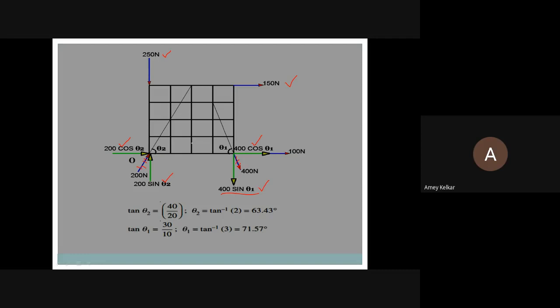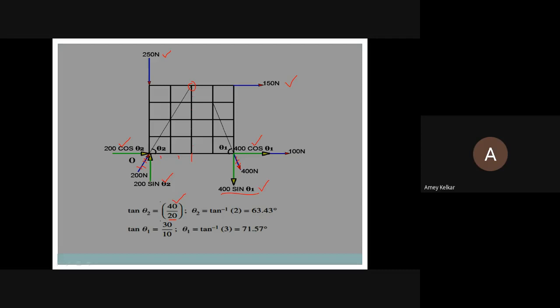So now we have to find theta 2 and theta 1. Now, tan theta is opposite upon adjacent. Try and understand this. This is the point of origin. So tan theta 2 is opposite upon adjacent. How much will be the height of the opposite? 10, 20, 30, 40. This is that 40. And how much will be here to here? 10, 20. This is what.